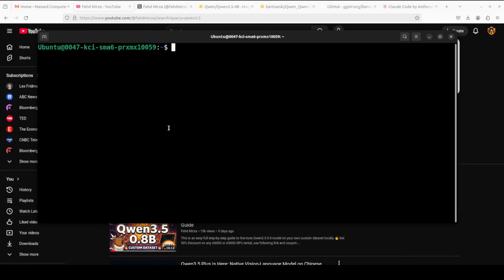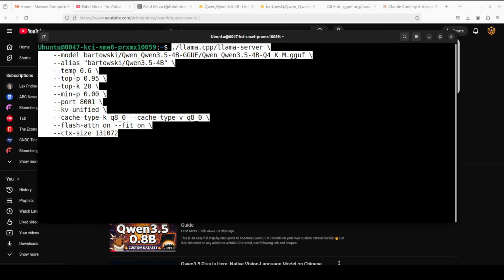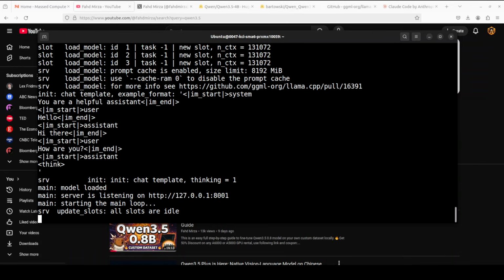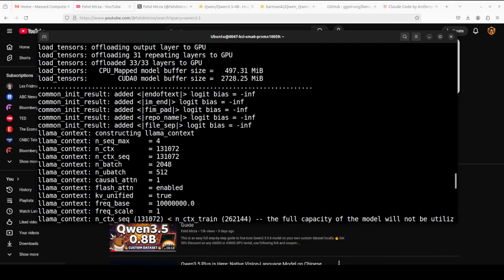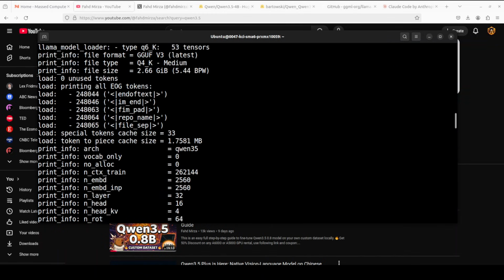Now let's serve the model which we just downloaded with llama.cpp. And the command is quite standard, where we are using this quantized version of Qwen 3.5. This is the Q4_K_M quant level. The alias is this, some hyperparameters, and then I'm just giving it some context size. Let's run this. And if you have less VRAM, by the way, you can decrease this context size to like 8000 or whatever. And within a jiffy you can see it has just loaded the model,